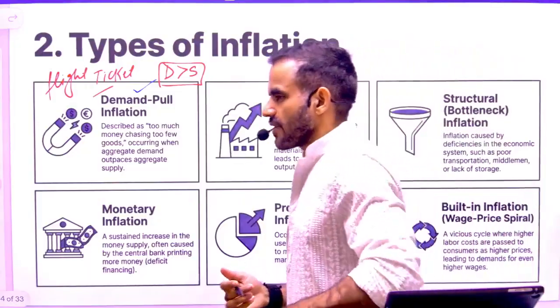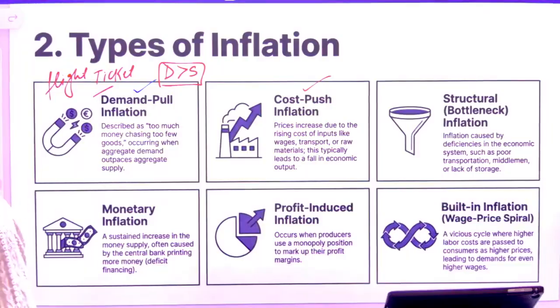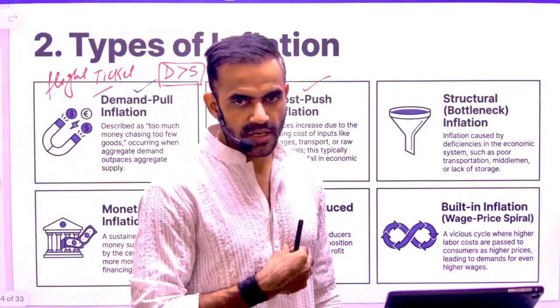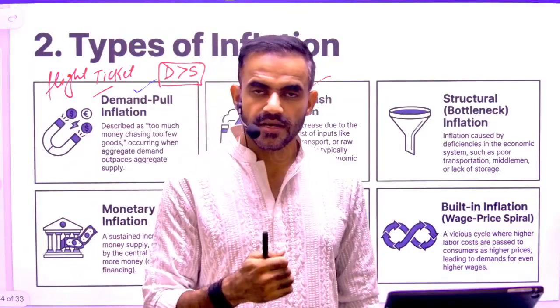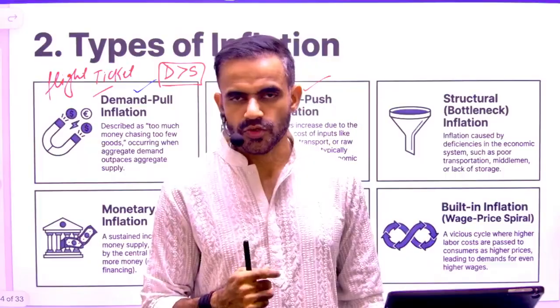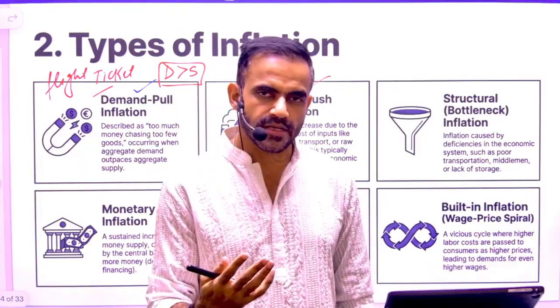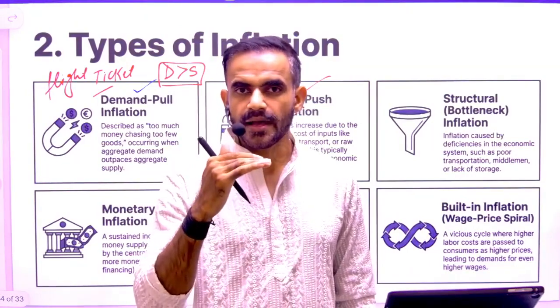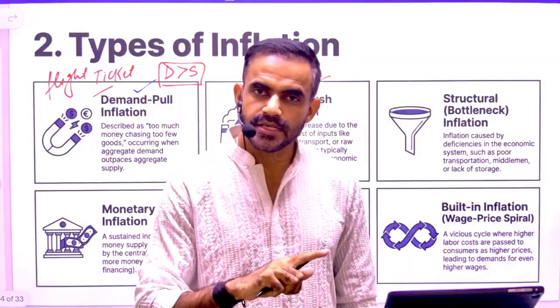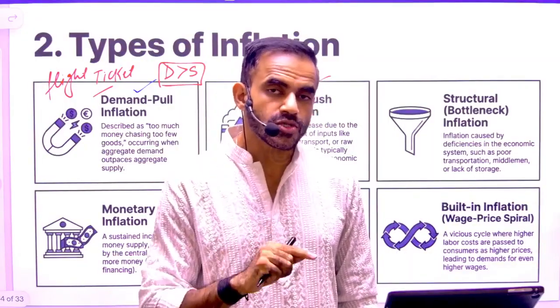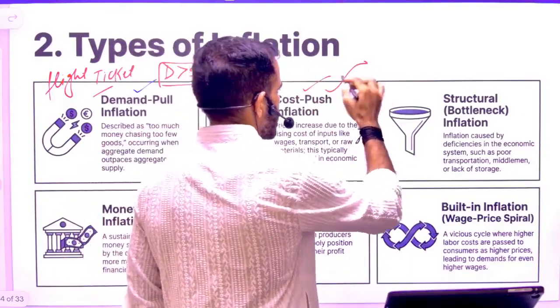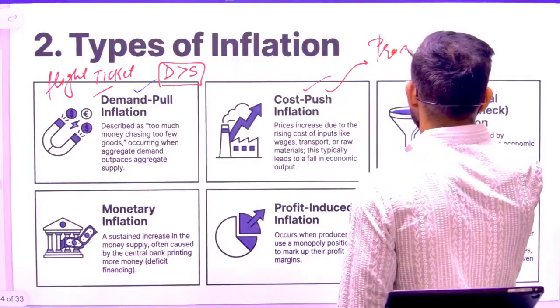The second type of inflation is cost push inflation. As the name suggests, cost push basically means the cost of production has increased. Let's say we are manufacturing this kurta. We need raw material, then there will be a labor cost, there will be a transportation cost. If suddenly because of any factor the price of the raw material has increased, what will happen? The company will increase the price of this product. So now the price has increased, not because of demand but because of the production cost. This type of inflation is referred to as cost push inflation, or I can simply write production side inflation.